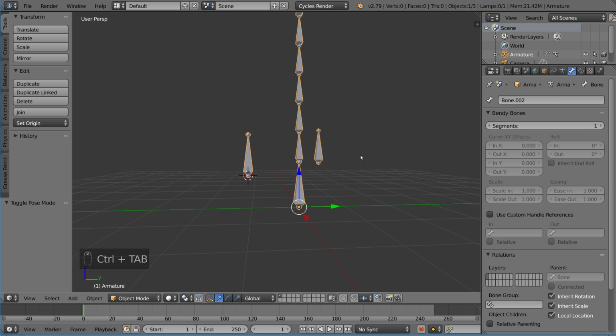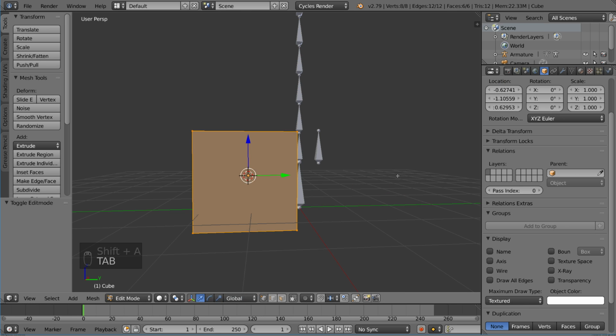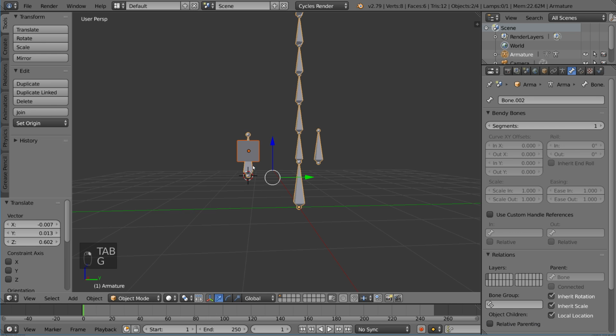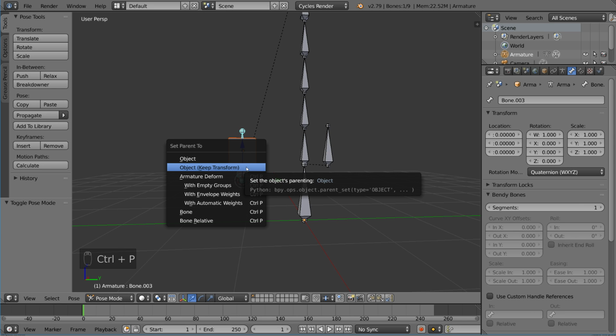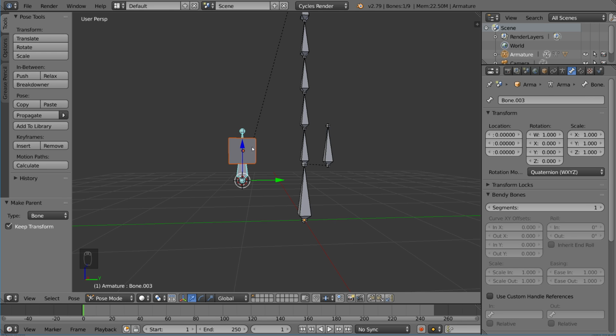And so if I go ahead and show you a little bit more about parenting real quick, I'll create this cube, and I'm going to make it a little bit smaller so we can see it. And I'm going to parent this cube right onto this bone here. I can do that directly by going into pose mode while still having that cube selected, using shift select to select the armature, going into pose mode, and then you have, of course, the Control P option, but now you have this extra option here, along with armature deform, which we'll get into later. But you have this bone option that allows you to just parent it to the bone itself,